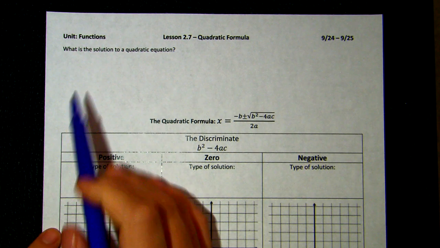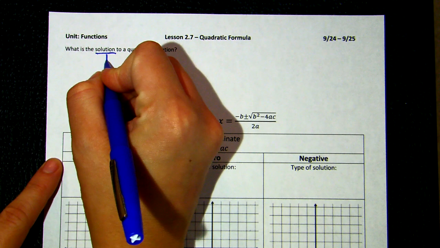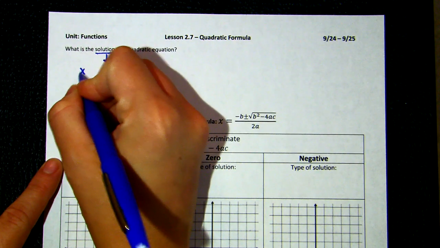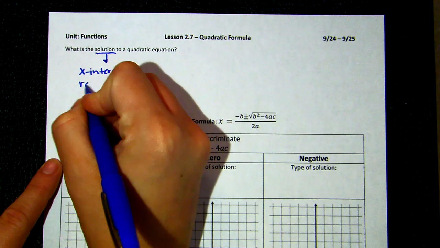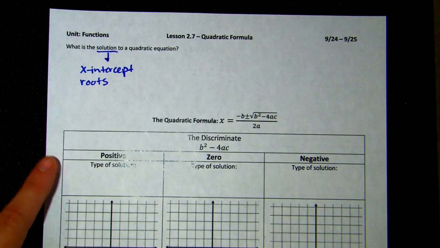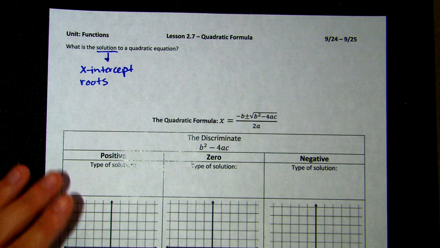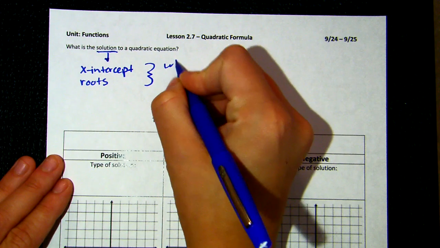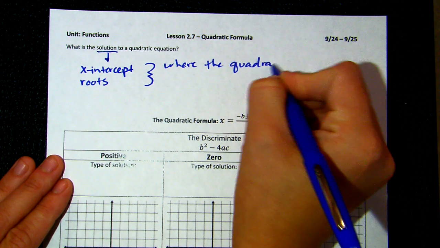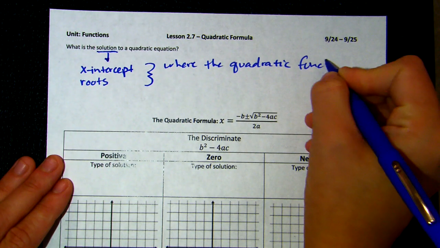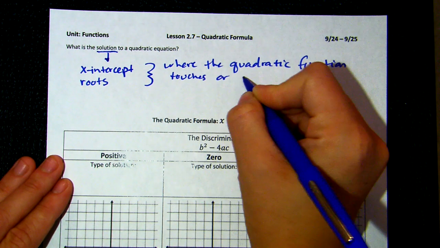We're going to look first at what is the solution to a quadratic equation. We have quite a few words for this. Solution also means x-intercept. It also is roots. Solution or x-intercepts, they all mean the same thing. It's where the quadratic function touches or crosses